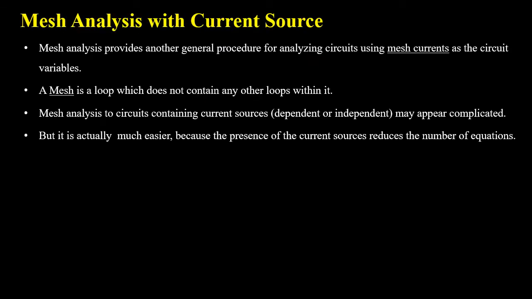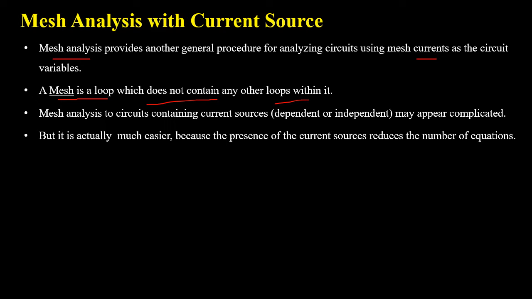Mesh analysis is a circuit analyzing technique. In this method, first of all, we find out the number of meshes in the circuit. A mesh is a closed path which doesn't have any other loop in it. We assign mesh currents and then we apply KVL to each mesh and transform voltages into mesh current form with the help of Ohm's law. After solving the equations, we find mesh currents through which we can find branch currents and voltage drops across the